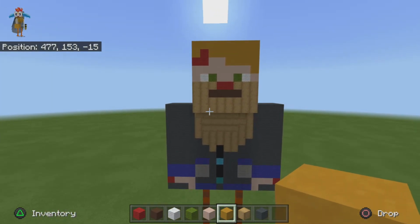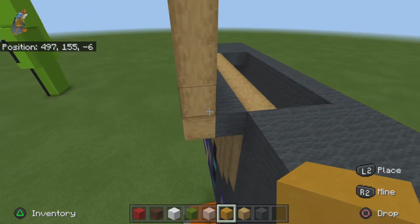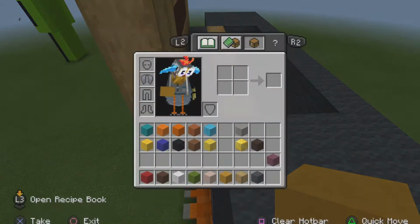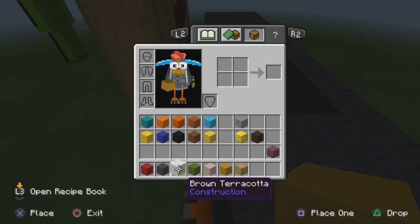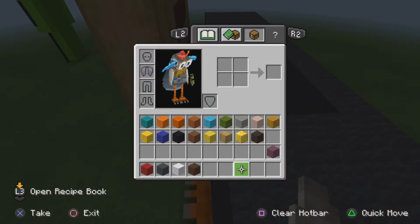And that's what it should look like once you're done. And I am going to come back and add on the little tiny detail because, in my opinion, it looks a little weird. Now, to move on, the picture I have pulled up is this side. And let me tell you this much. Both sides are practically exactly identical. And they have a little bit of difference. But to make this, you can keep your red and gray and your white wool, but everything else just put back into your inventory and take out